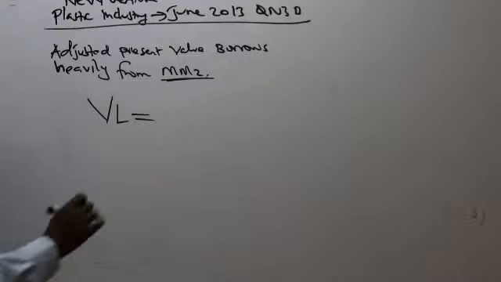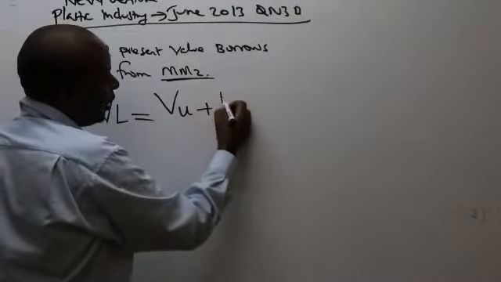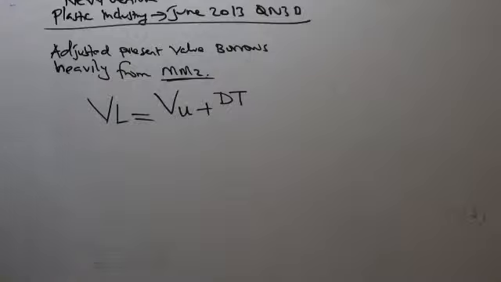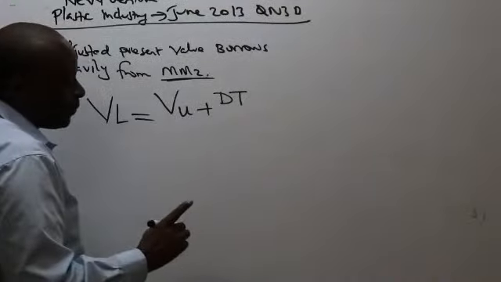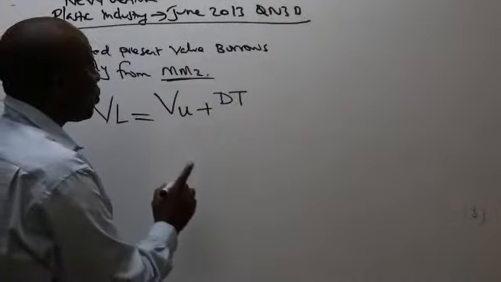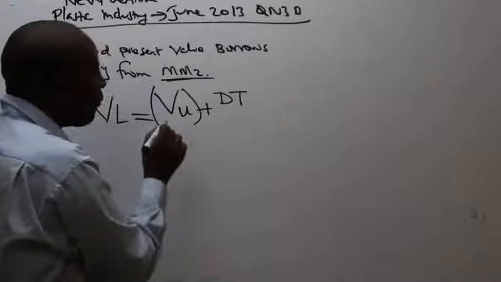I have value of unlevered. So it's value of unlevered plus what here, somebody? Plus DT. Thank you very much. Value of a levered firm equals value of unlevered firm plus debt times tax. Now, ladies and gentlemen, remember, according to MM2, this gives us the value of a firm